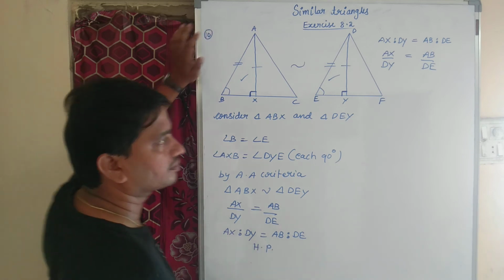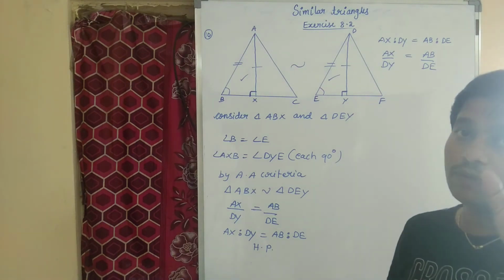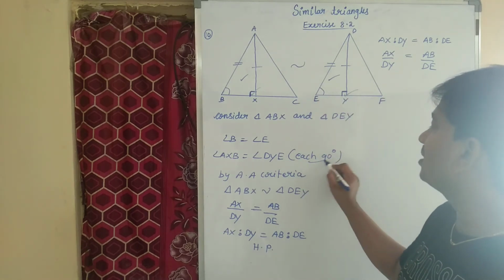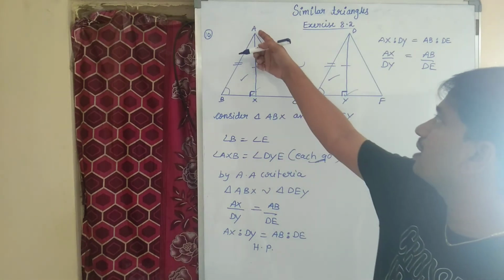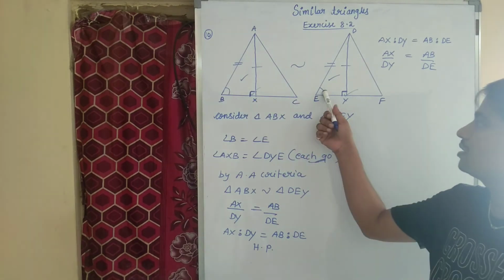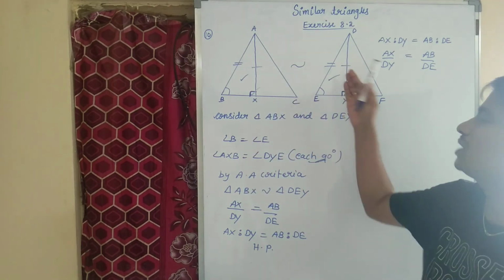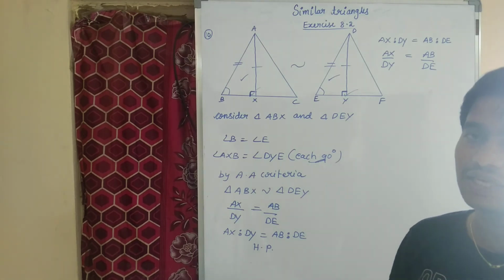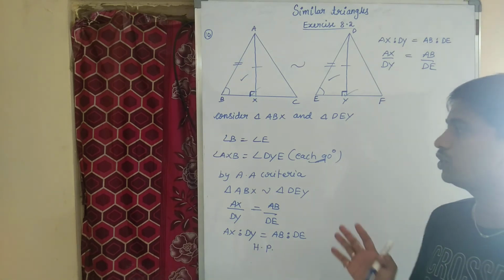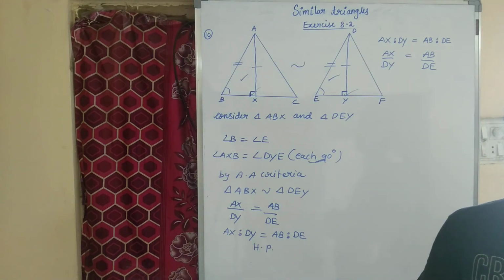Hence proved. Okay? It depends upon the question. The key point is altitude. If you don't know altitude, we cannot say angle X and angle Y are 90 degrees. Altitude is nothing but a line segment joining from a vertex to its opposite side, and it should make an angle of 90 degrees. So these two angles are already corresponding angles. Angle X and angle Y each 90 degrees. By AA criteria, these two triangles are similar. If they are similar, their corresponding sides are in the same proportion. Okay, children. This is about question number 9 and 10. They both use the same methods. Everything depends upon similarity only, children. Okay. Thank you.